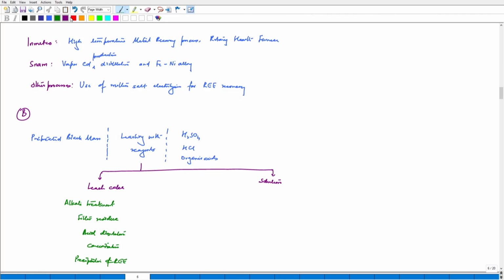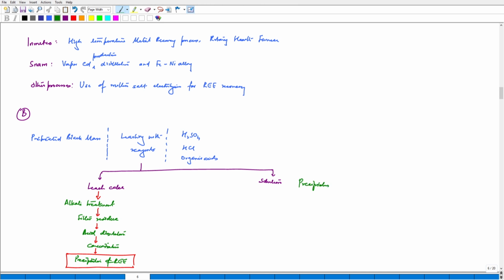This is very important. So what we get is a precipitate of REE. One way out. Now if we look at solution, solutions are actually handled by